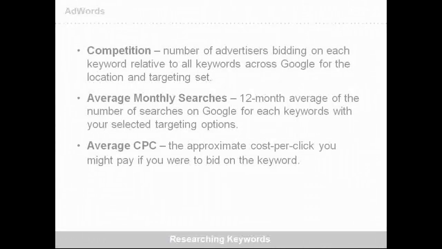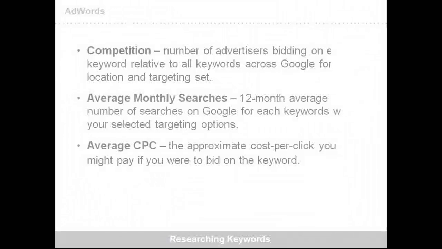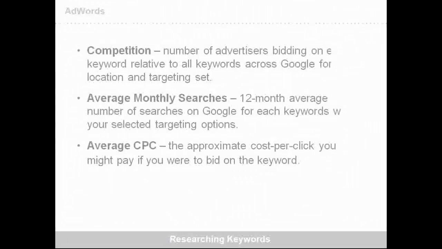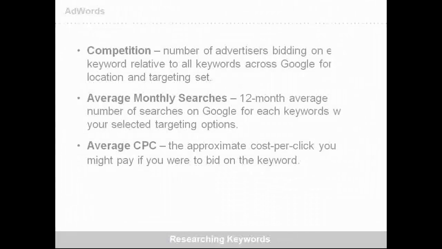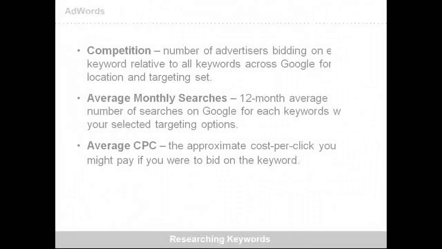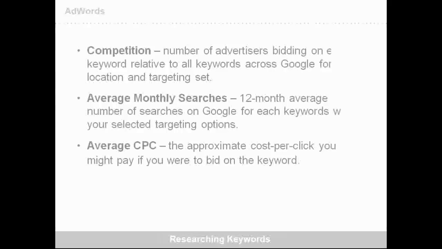Okay, cool. All right. So moving from there, we have the average CPC. Now this becomes a pretty important factor for you to consider whether you want to use a keyword or not within your account. This is a great way to start creating an estimation of the sort of budgets you're looking at. This is an approximation. It is an estimate. It's not always exact. And like all of you know, it's a dynamic auction, so things keep moving very quickly as far as the CPCs go. But it's a good estimate, and it's sort of an average, so you can still consider it. It's usually on the higher end.